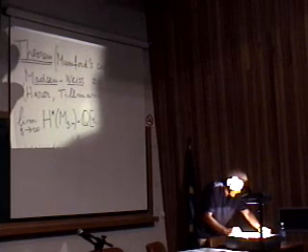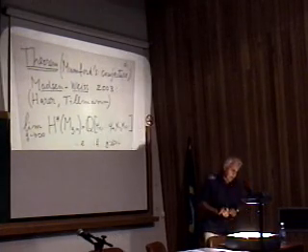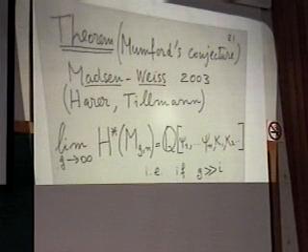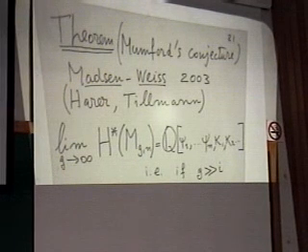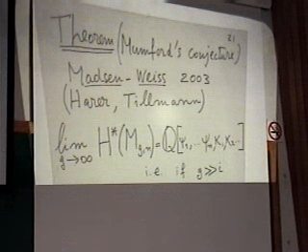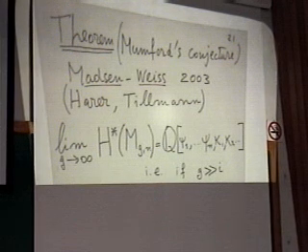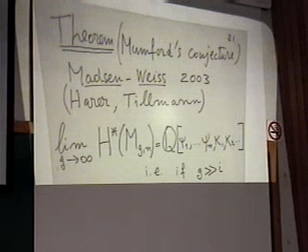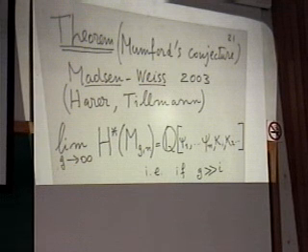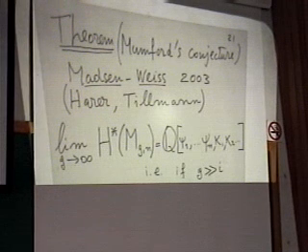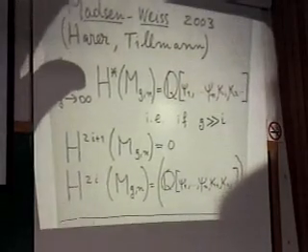And this was a recent, very important result proved by Madsen and Weiss in 2003. But I should also mention the names of Harer and Ulrike Tillmann. Harer contributed by showing that the cohomology of the moduli space stabilizes, but he didn't know where. And Tillmann was very instrumental in the work of Madsen and Weiss. The theorem says that the limit as g tends to infinity of the cohomology is a polynomial ring. What does it mean? It means that if g is very big,